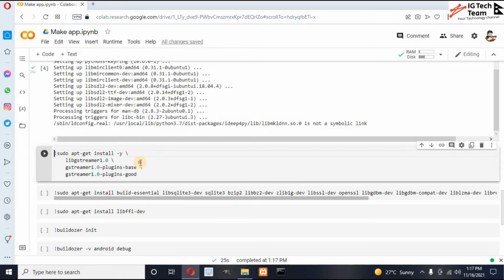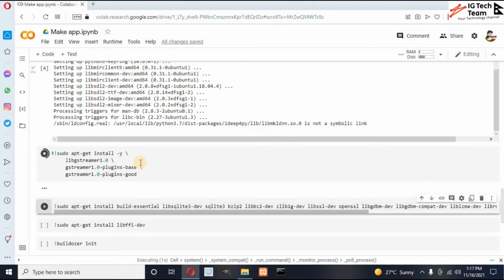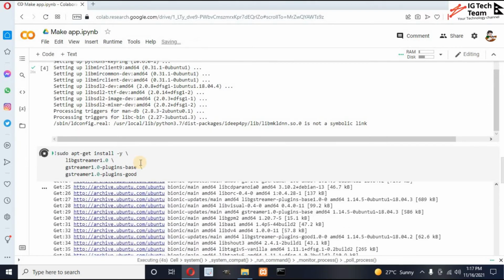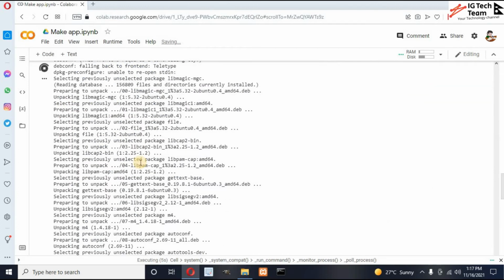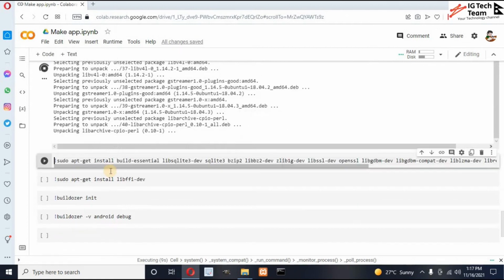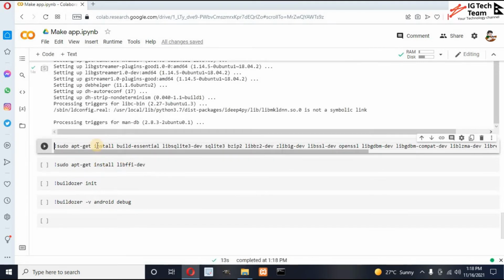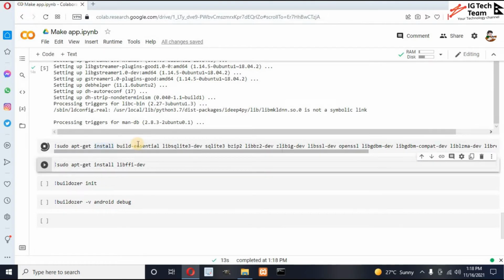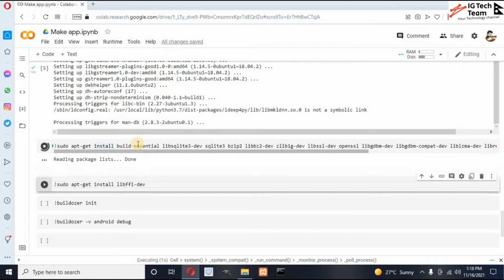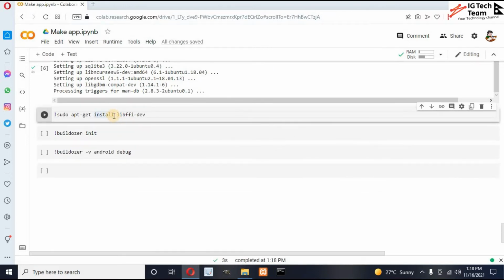You will get this code in the video description. These all are the dependencies of Bulldozer. And this is the last one.